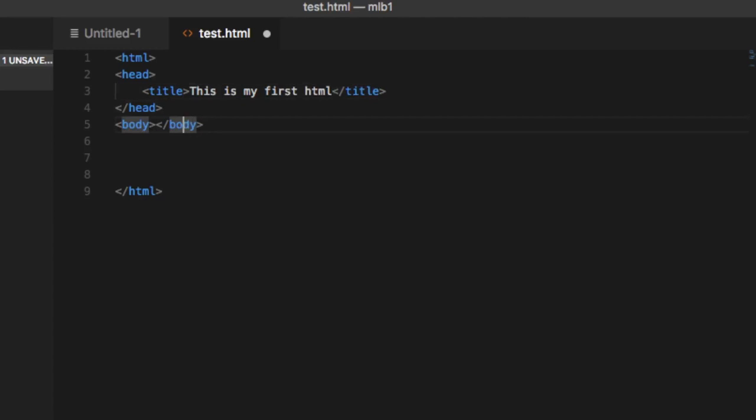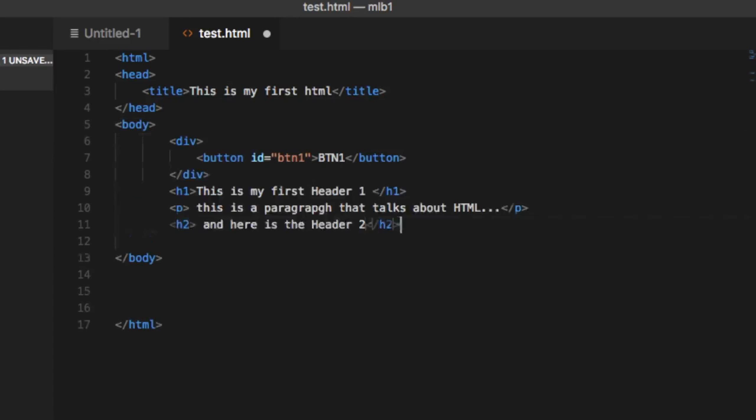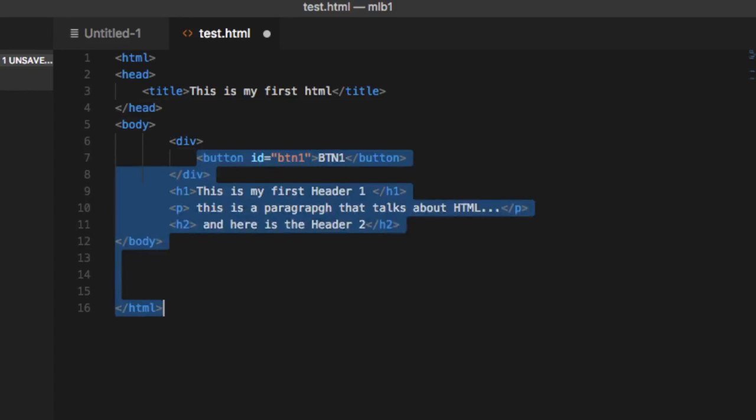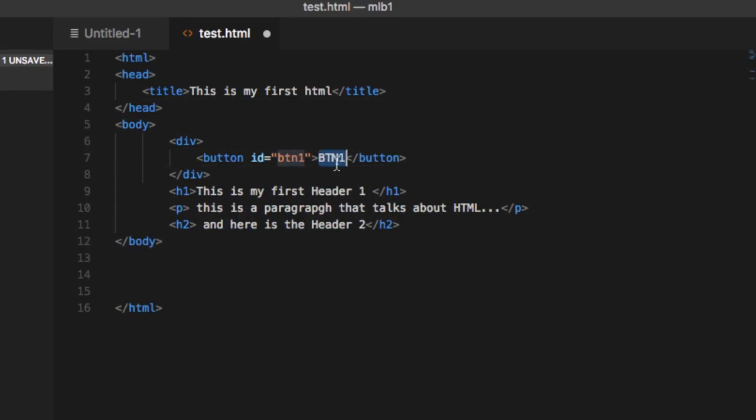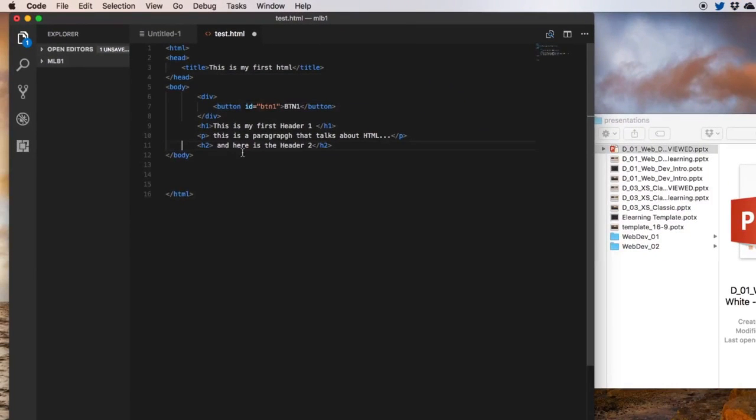and the body, you won't see me typing everything. I've just pasted what I have right here. And here I have one division of my HTML, one section where we're gonna have a button with the label btn1. This button has an ID, as you can see right here. And also I have other marks like h1 for header 1, paragraph, and h2. So let's save this document